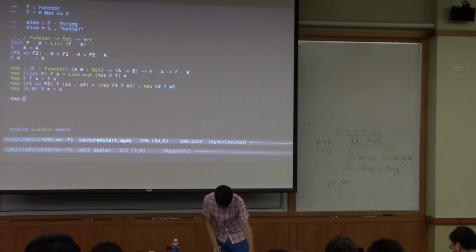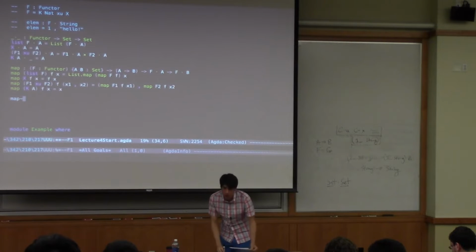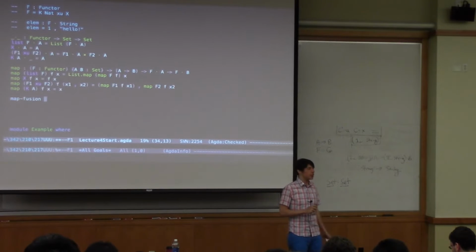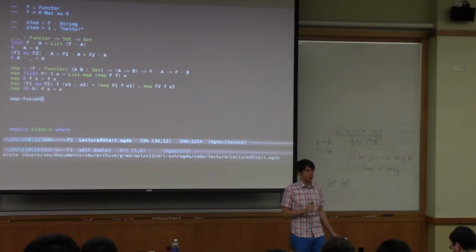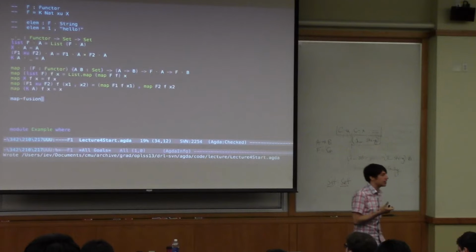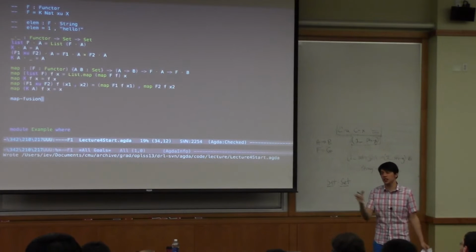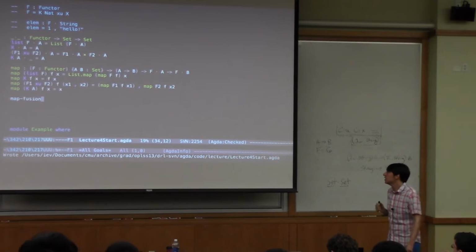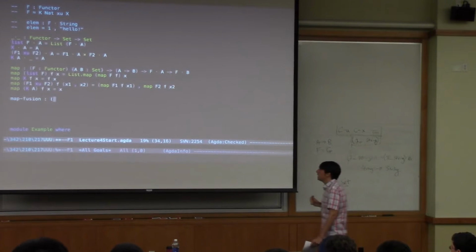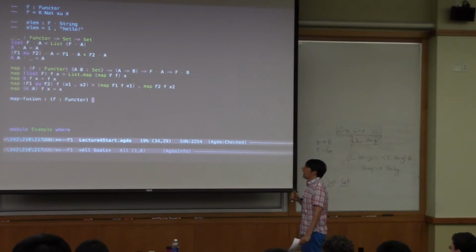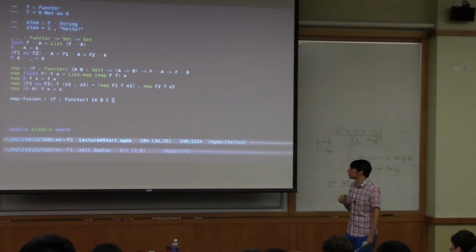these, and let's do map fusion. Yeah. Okay, so we can call it map fusion, right? You did one instance of this back in one of the labs at some point, yes? So what we're proving here is a program optimization that says that if I do two passes over a data structure where I just feed one to the other, I might as well fuse that into one pass. So that's going to say that for any functor F, and any types, any sets A, B, and C,